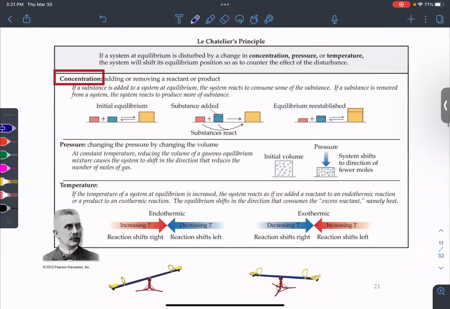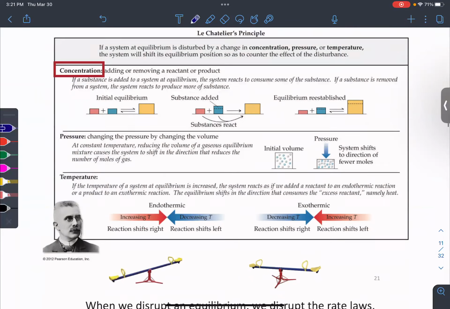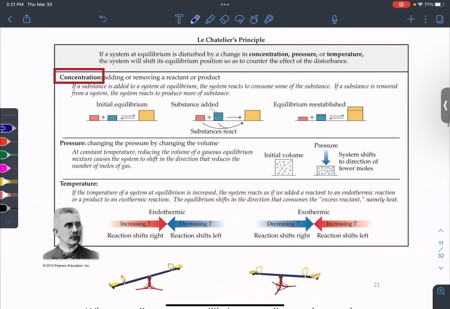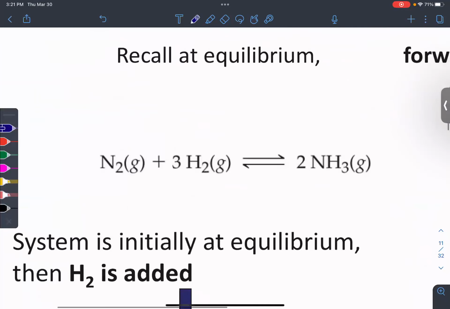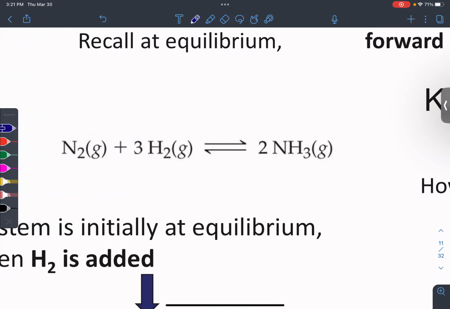Now, Le Chatelier's principle is a little bit different, where we think about a system that's already at equilibrium and we disrupt it somehow. And we think, okay, how can it go back? This is where using the seesaw analogy really helps, right? So let's look at this reaction, the same one. Let's use the seesaw analogy. All right, so we've got a seesaw.